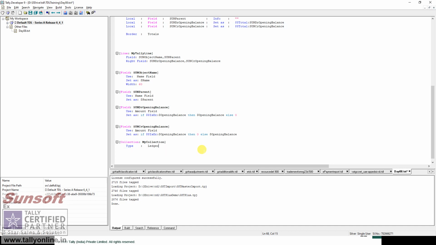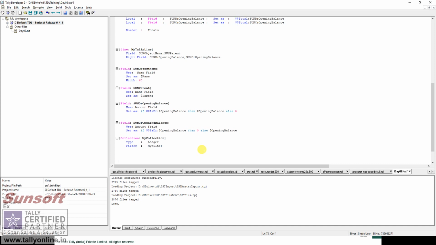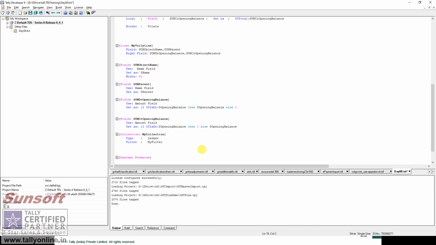For that, there is another clause called filter. Now a filter can be any complex filter; we'll see that just now. So let us name it my filter, and it is a system formula. Now my dollar name, and the keyword here is contains.